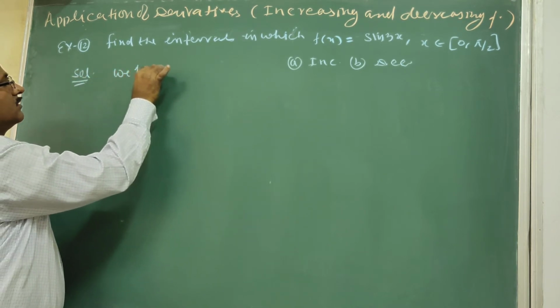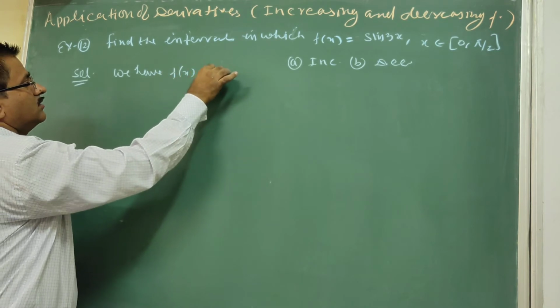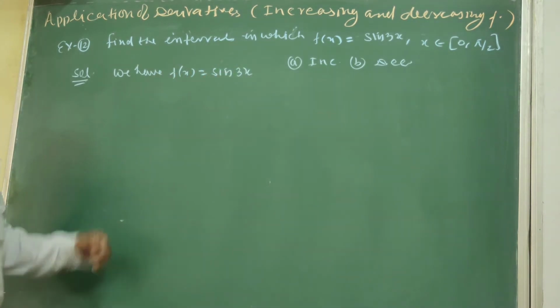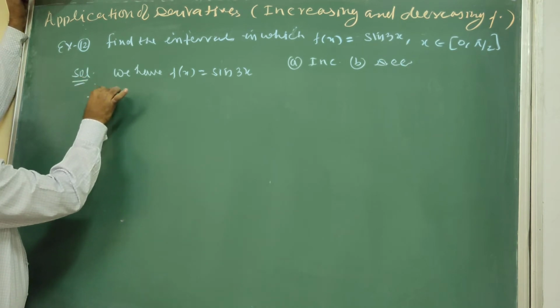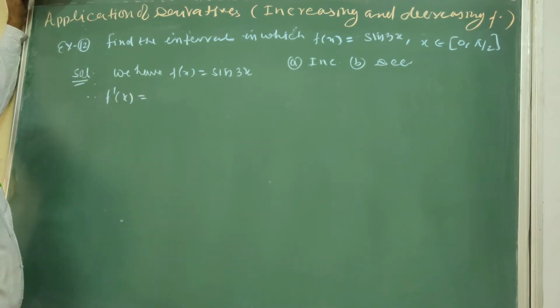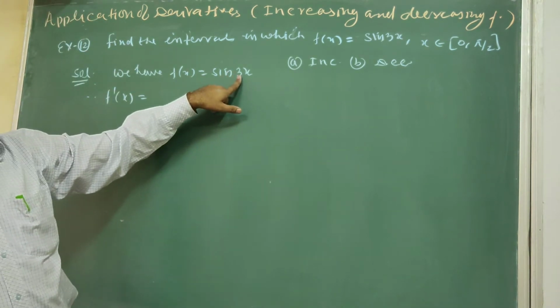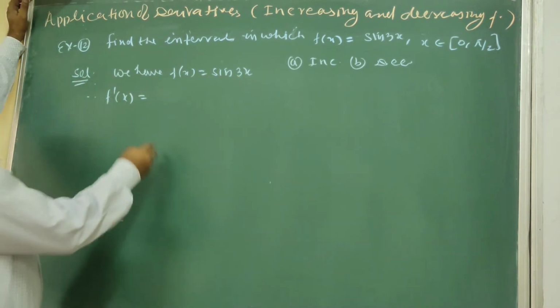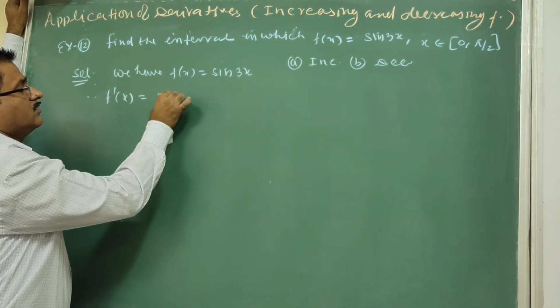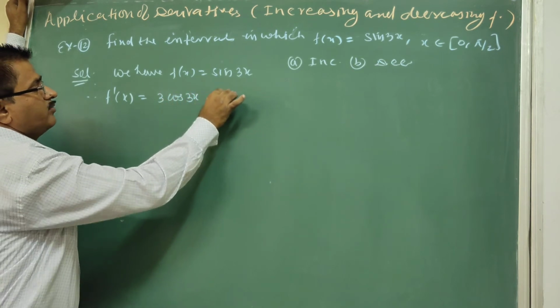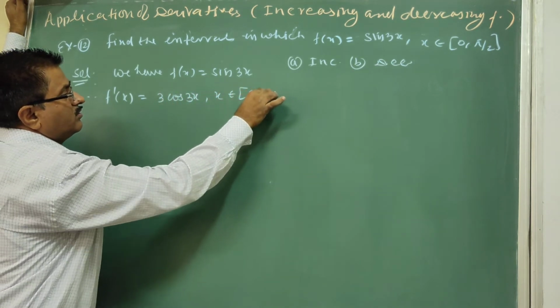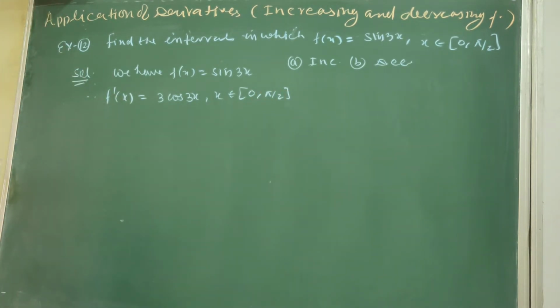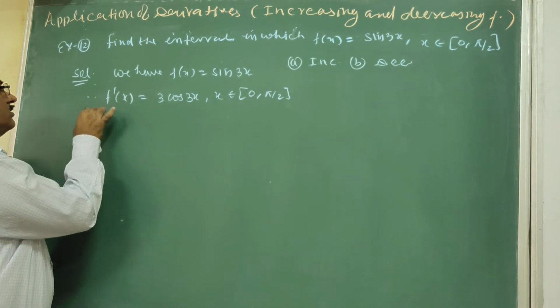So we have fx equal to sin 3x. Therefore, the derivative of sin is cos, and then again we take the derivative of 3x, that is 3. Right? So f dash x becomes 3 cos 3x, and we are given x belongs to 0 to pi by 2. This x or theta or angle belongs to 0 to pi by 2. So therefore we put